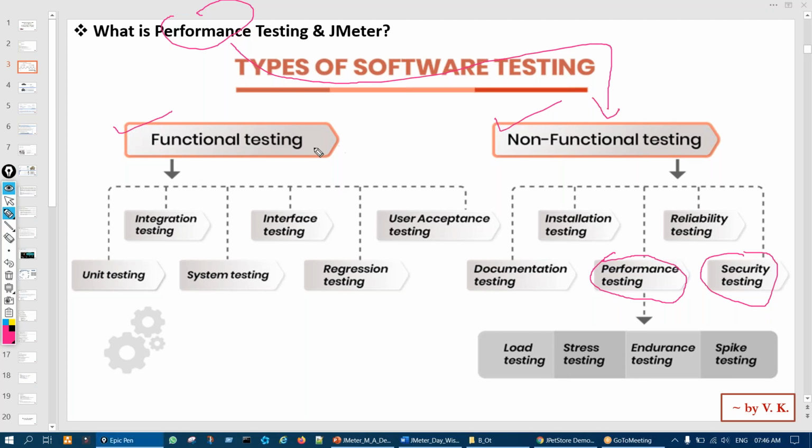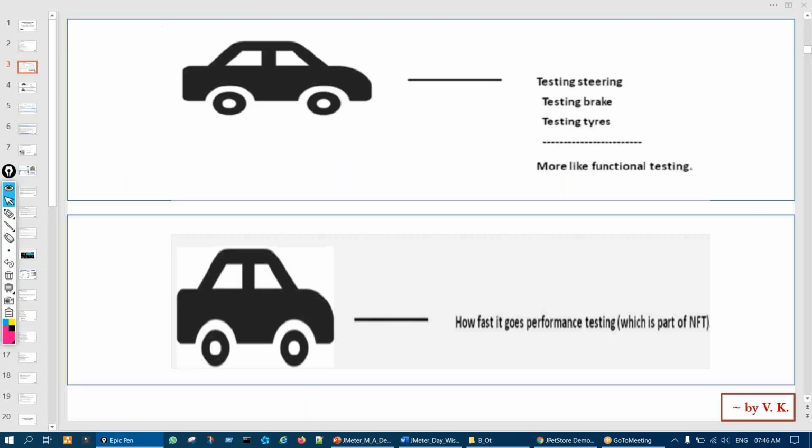Okay. So what is the basic difference between functional and non-functional? Let us say a car is designed and developed and ready to be used. If we test each part of that car, module wise, single thing, that will be functionality. Now when the whole car is designed and then we check the performance, like how much mileage it's giving.